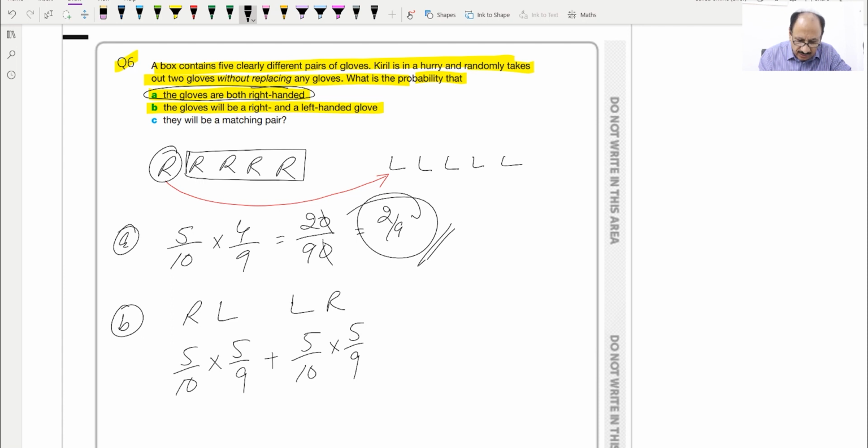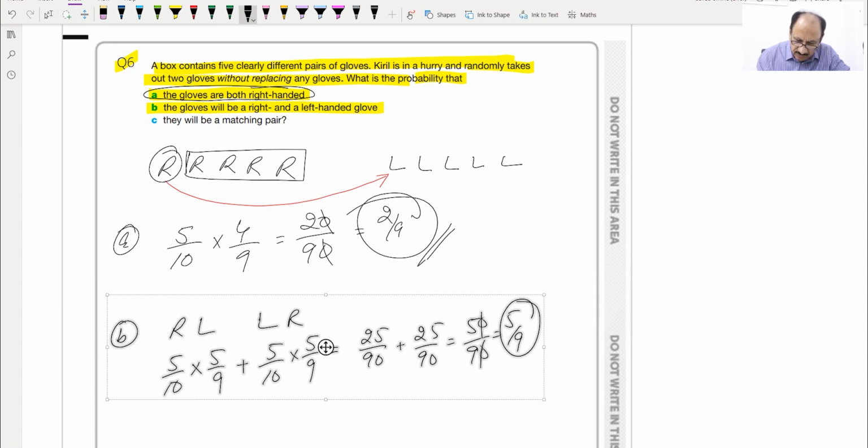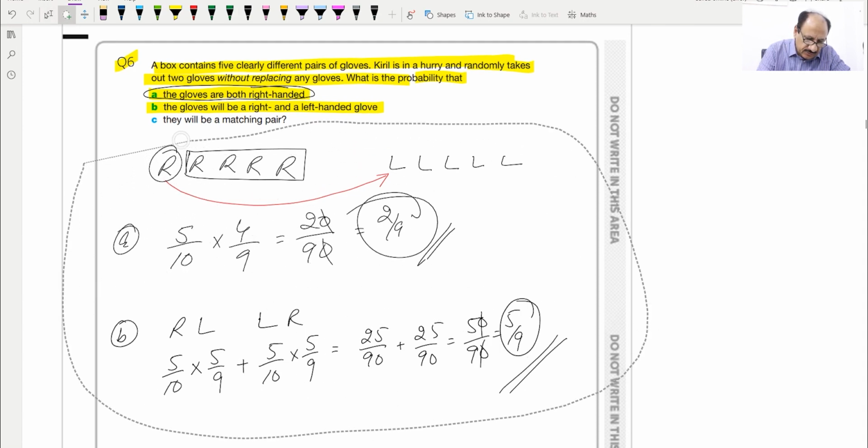This will be the probability, and we can add, this will be 25 by 90 plus 25 by 90, which we can write as 50 over 90 and cancel zeros, and the answer will be 5 by 9. This will be the answer, and this will be our final answer for this B part. Now we can go through the C part, and C part says